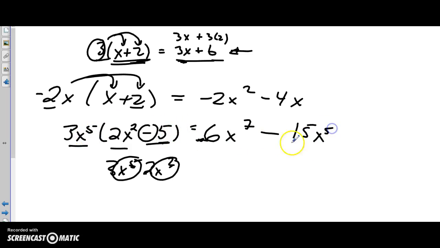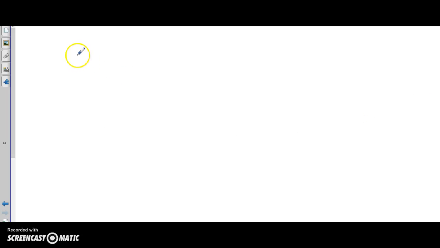Now what? Can I collect like terms? No, because there's no like terms. x to the 7 is not the same as x to the 5, so I'm all done. Can you collect like terms? Sure you can. So if I do a question like this, 2x times (2x plus 1), it's nice and simple,